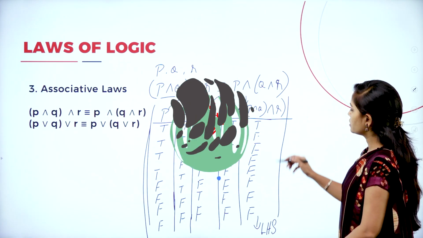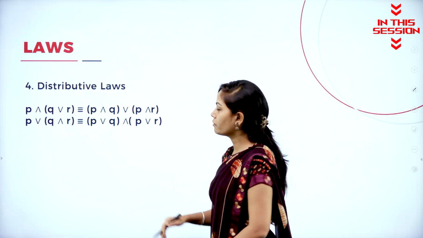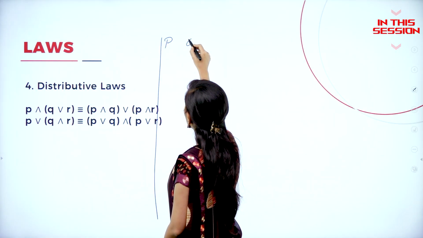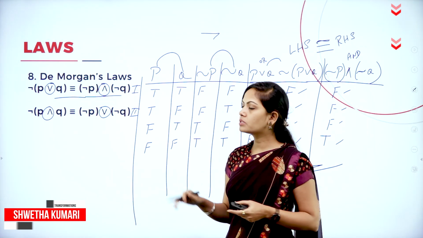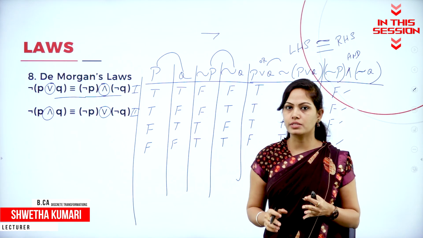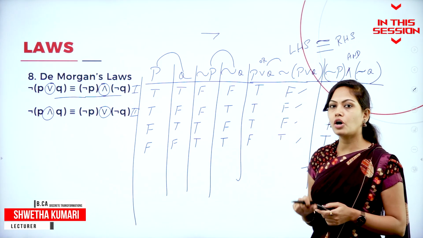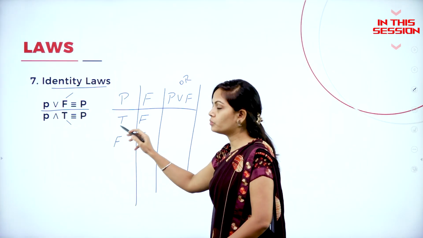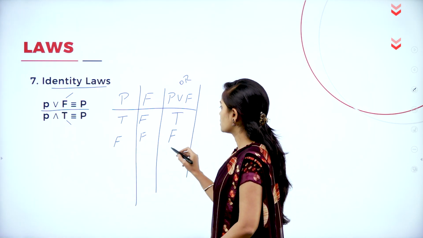LHS truth values is true, false, false, false, false, false, false, false. In distributive law also we have three statements called P, Q and R. So while doing the problems, we are applying these laws. Please remember these laws. You have to apply these laws in problems. What is OR operation? If any one of the conditions is true, again you will get true only. So false, false means false.